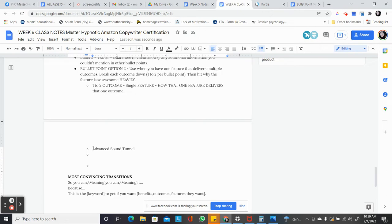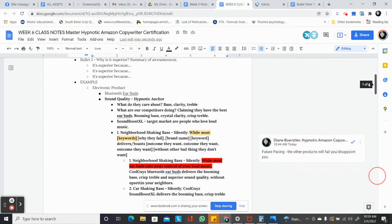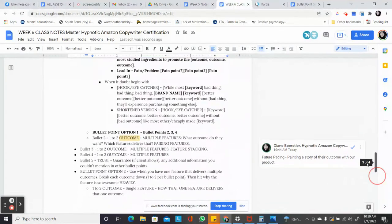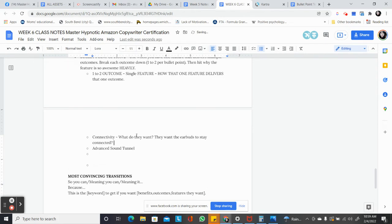So for bullet point number 2, let's say that we had found out that the second most important thing they wanted to know about, besides can they trust this, and I made a list up here earlier, let's see here, base, clarity, treble. Okay, we already did that. They care about connectivity. We didn't talk about connectivity. Okay, so let's talk about connectivity next. At a very basic level, what do they want? They want the earbuds to stay connected. The big one that came up was, how far away will they stay connected? Let's say 400 feet. We're just throwing something out there. So for something like this, we would do something like, okay,